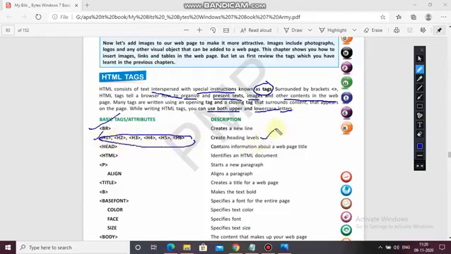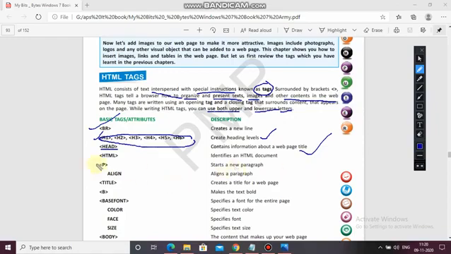Now next one is head, contains information about the web page title. Whatever title you are naming, it contains the information about the title. HTML identifies an HTML document. Okay, HTML identifies what type of document it is. Means it is an HTML document, of course.